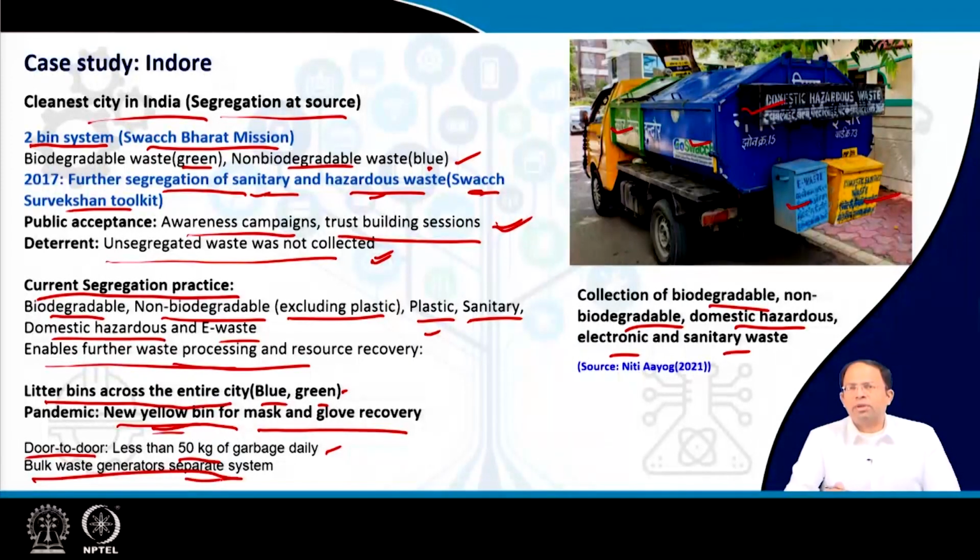So overall, if you can see, they are using different kinds of containers and different kinds of storage mechanisms for different categories of waste, and every ULB is different as per the vision of that particular ULB, as per the recycling contracts or the recycling arrangements that they have with different recyclers or other agencies. Different ULBs determine what sort of segregation